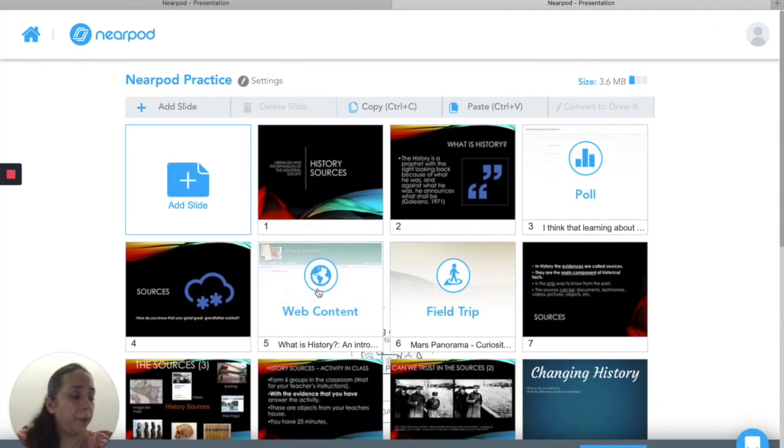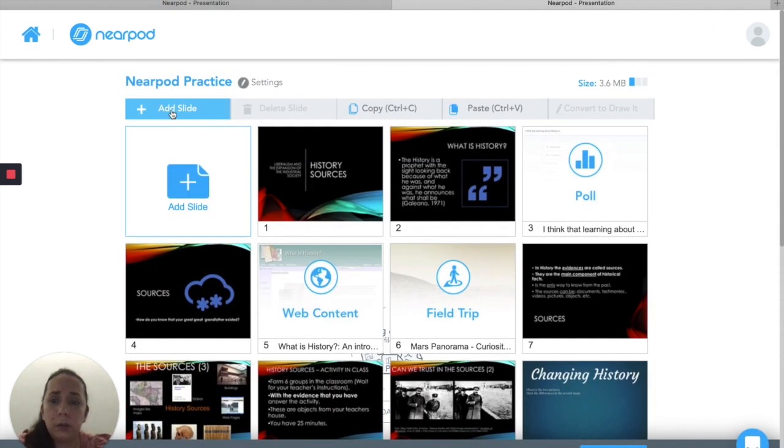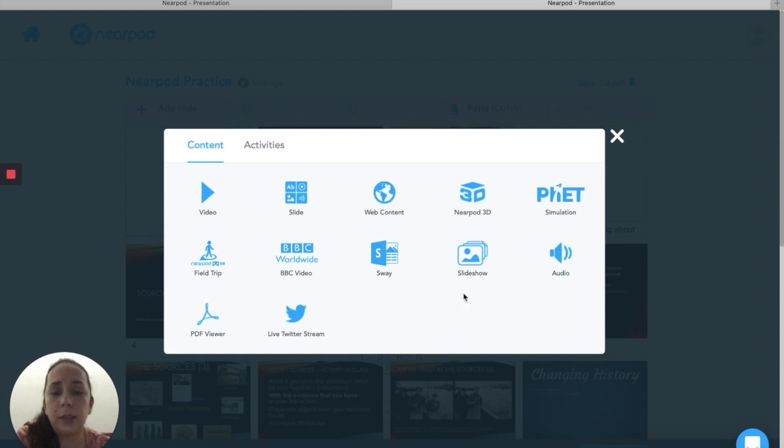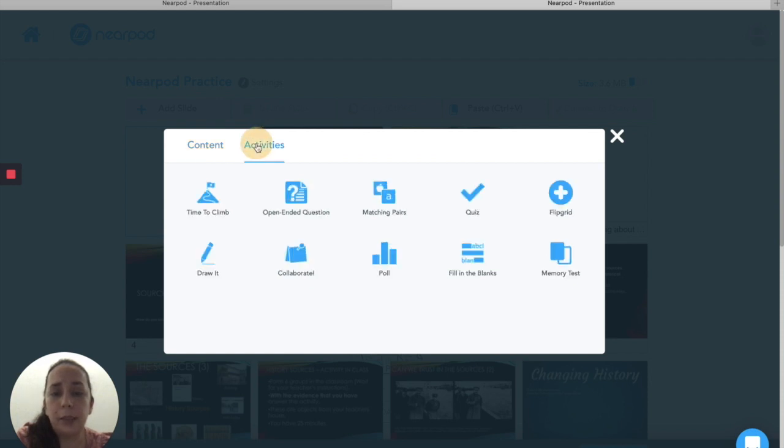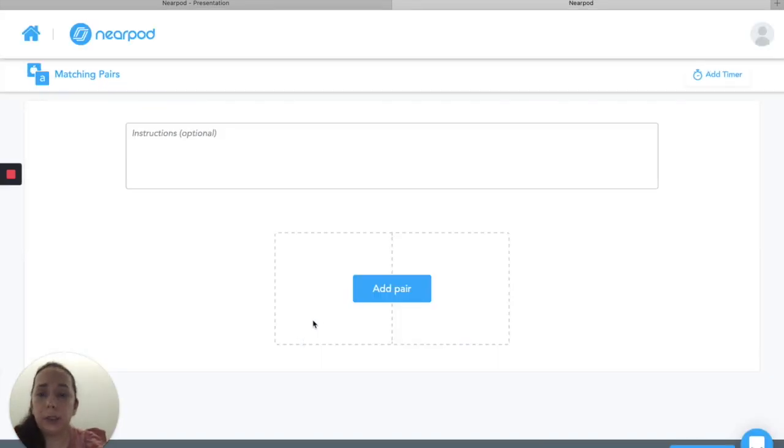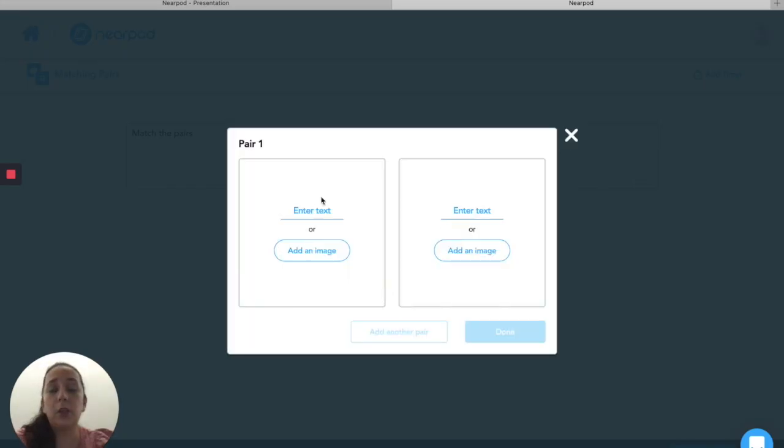Another choice that you can do to gamify your class is this one of matching pairs. Let's do some examples. Students could match the pairs using words, concepts, or images. So, for example,